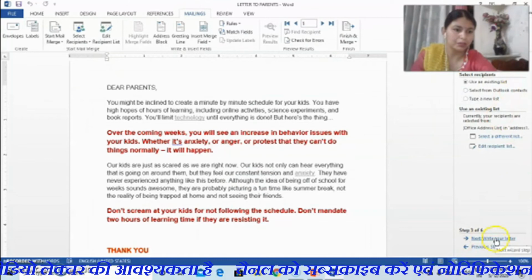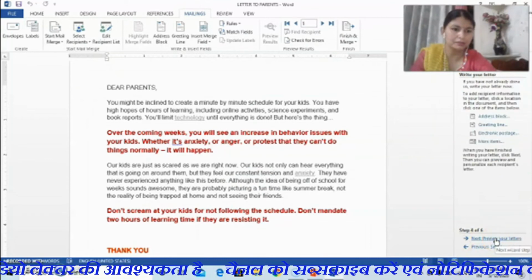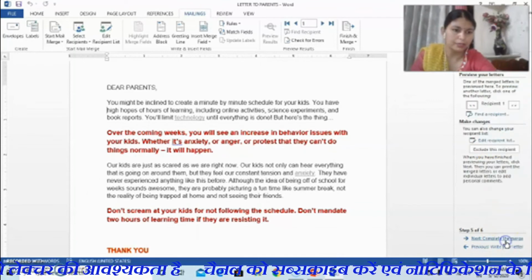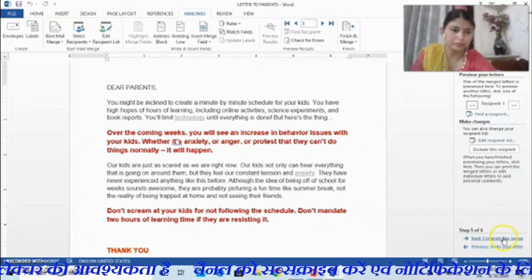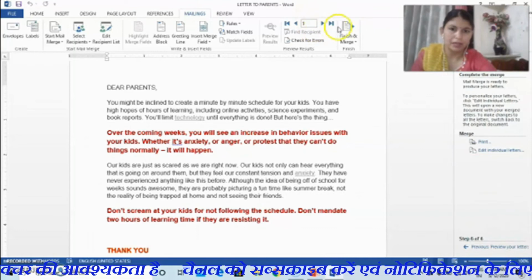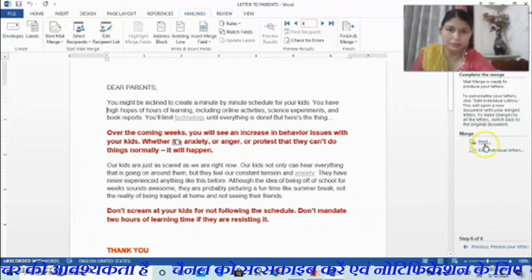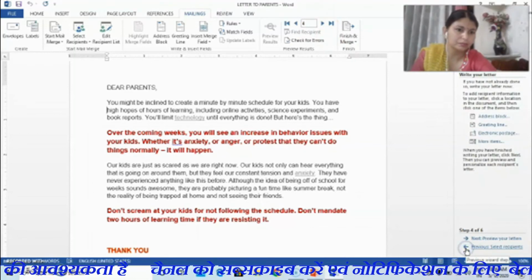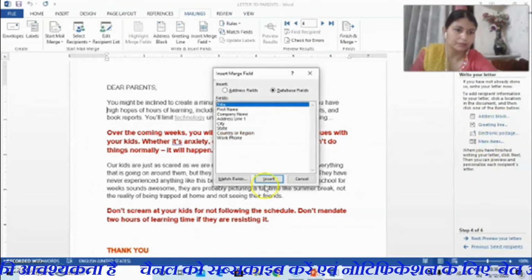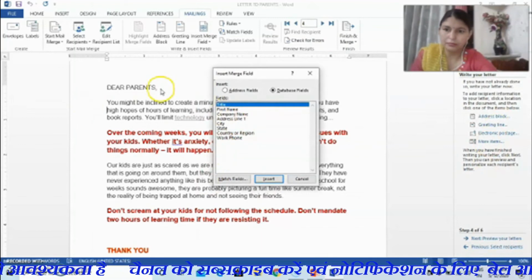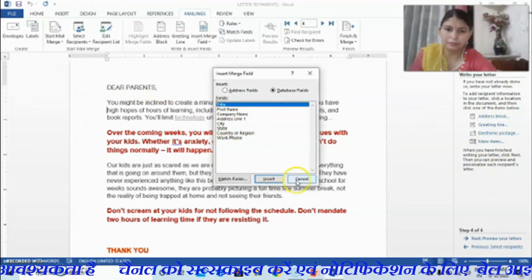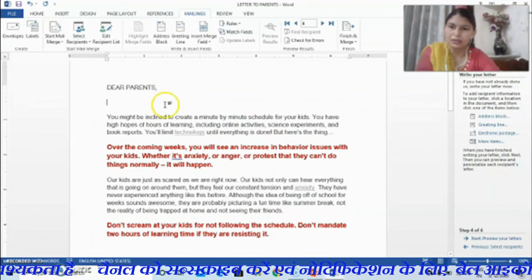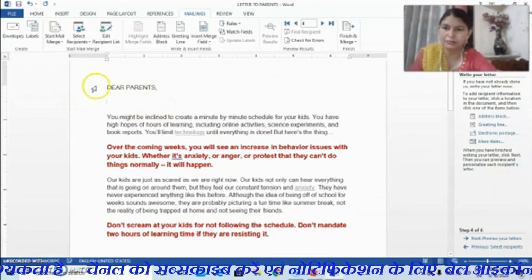Then write your letter. The next step is Write your letter. Then next is Preview your letter, and Complete the merge. Suppose here we have to choose More items. My cursor is here, after Dear parents.